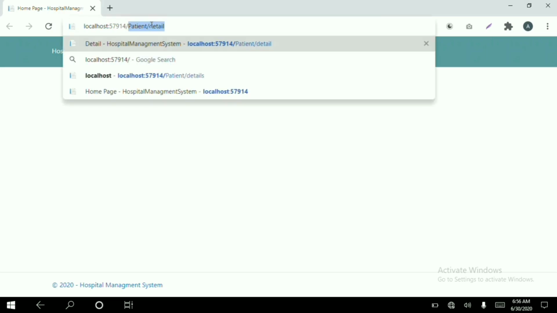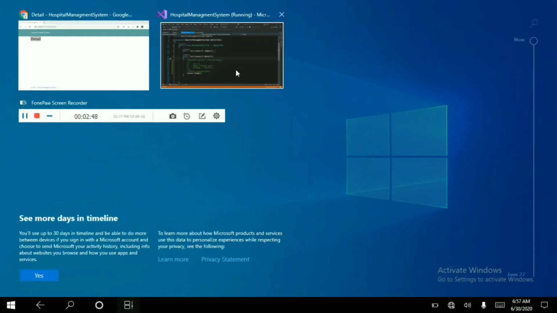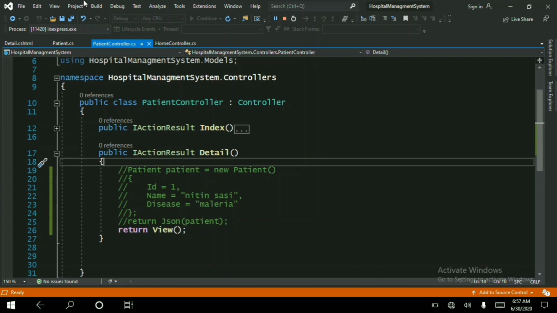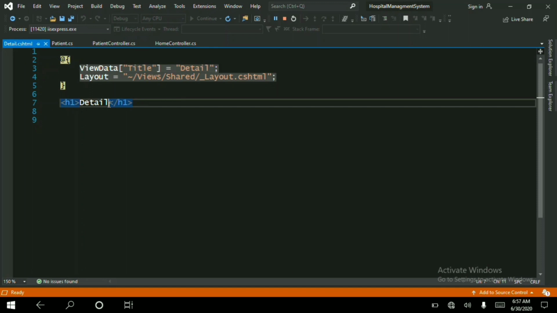Now I am navigating to the Details method in the patient controller. So this word Details is coming from our view. It is hard coded actually. Now what I want to do is change the text.